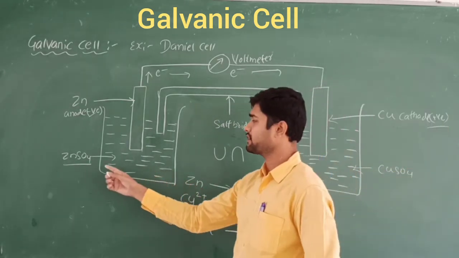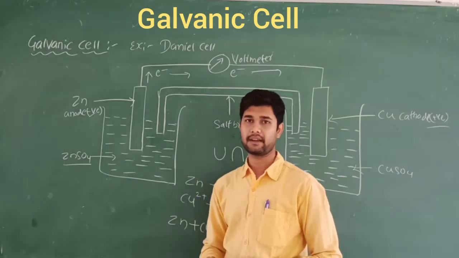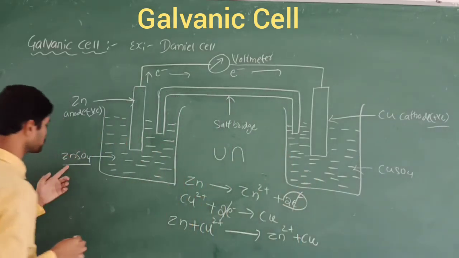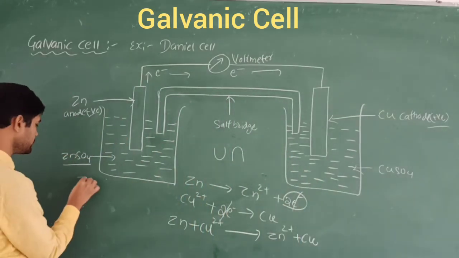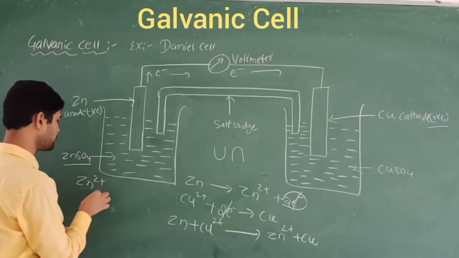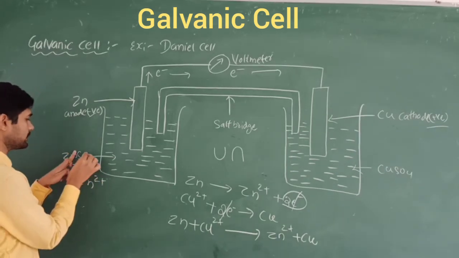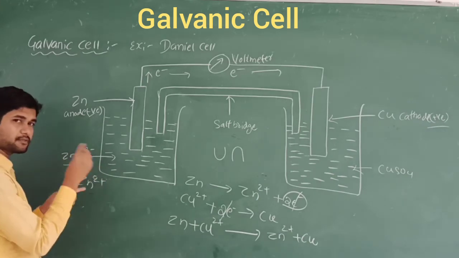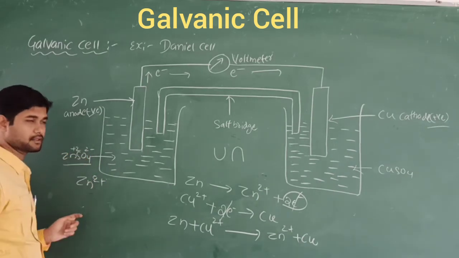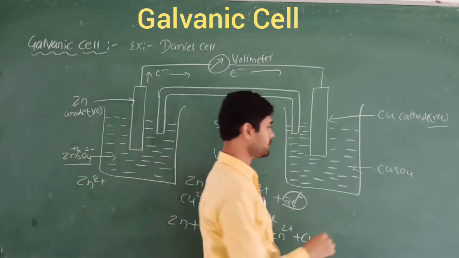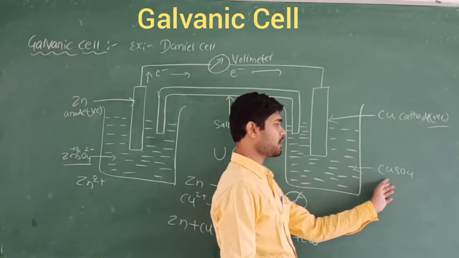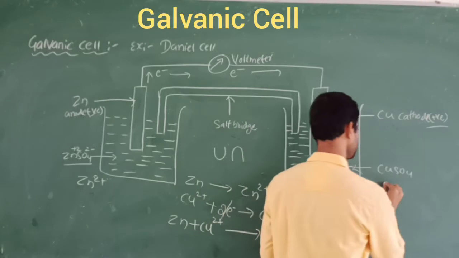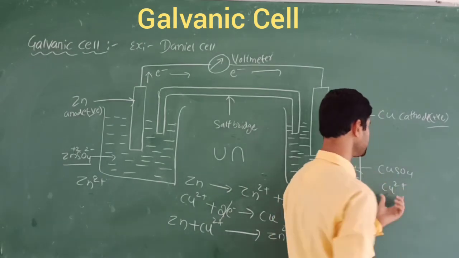This is the oxidation state of zinc in zinc sulfate, right? You know this one. Here the oxidation state of zinc in zinc sulfate is Zn2+. How am I writing the 2+? Because sulfate always contains the 2 minus ion, so vice versa it becomes 2+. Like this also in copper sulfate: what is the oxidation state of copper in copper sulfate? That is also Cu2+. Why is it required here?